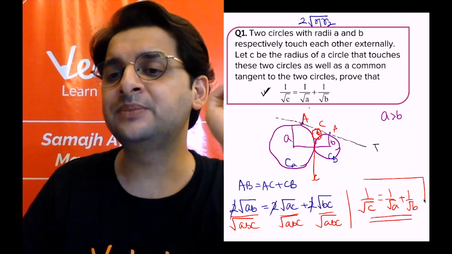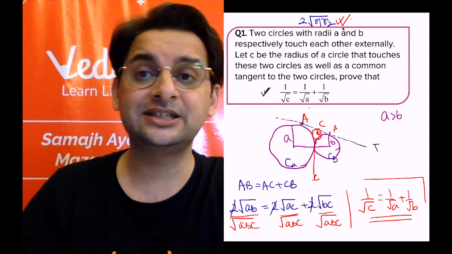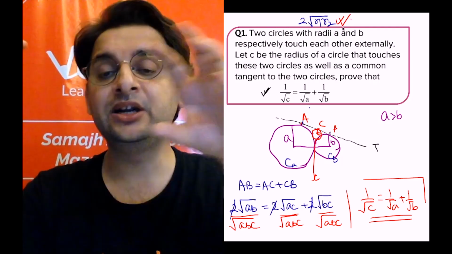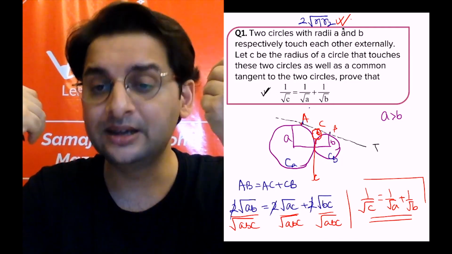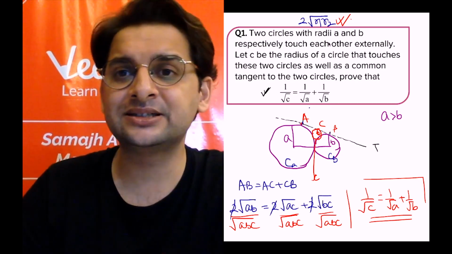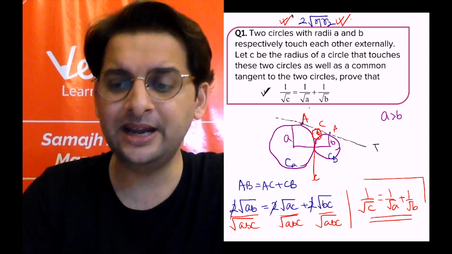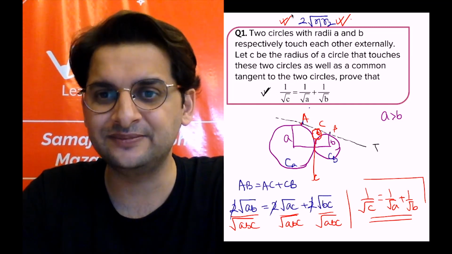Right. So how simple this question became if we remembered this result. But again, this is a special case. The case is when two circles are touching each other externally, the length of the common direct tangent is 2 root of R1 R2. So remember this result from now on. It has some wide applications, one of which is this question.